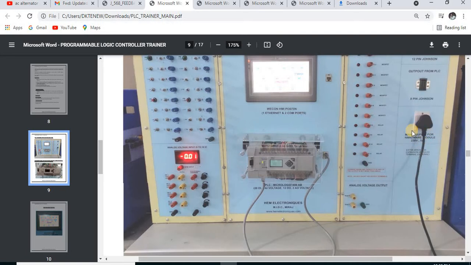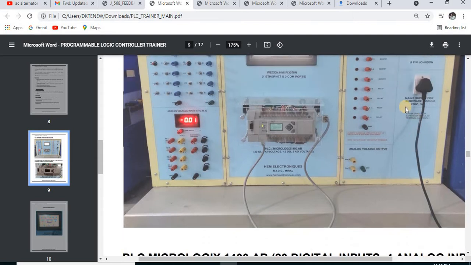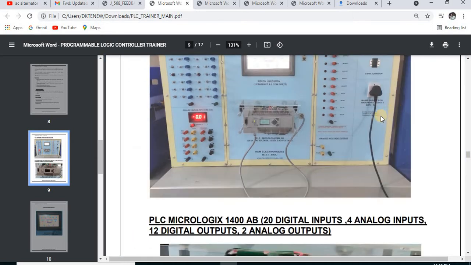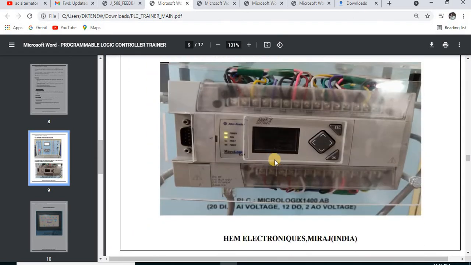They have also given an extension board for connection of different hardware. This is the basic diagram. This is the PLC. By using these scrolling buttons we can select the program and run it.